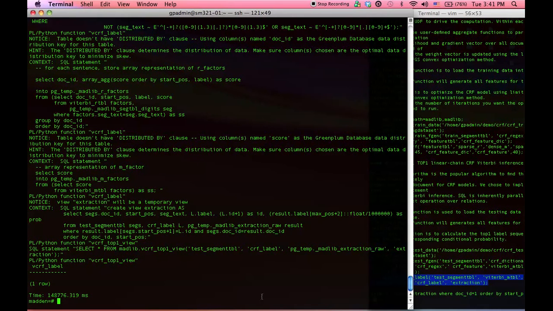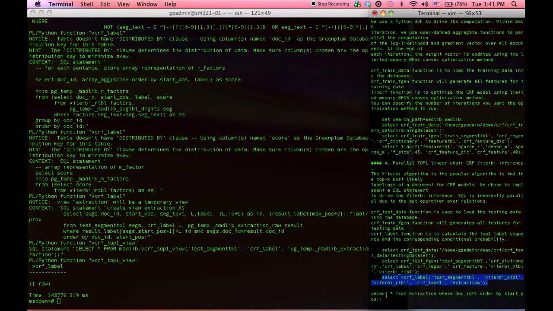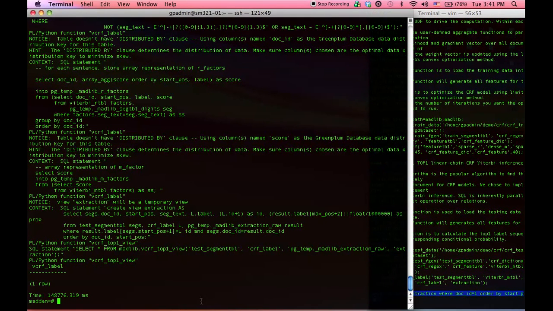We're finished. Took 148 seconds. We ran Viterbi inference on 100,000 different sentences. Now let's try it out. So here we can run a query to select